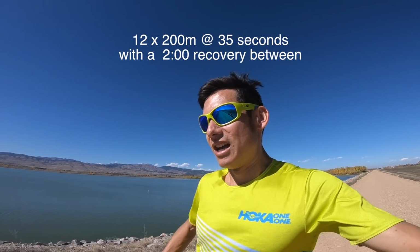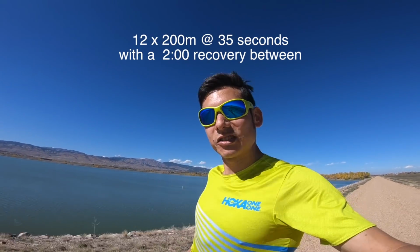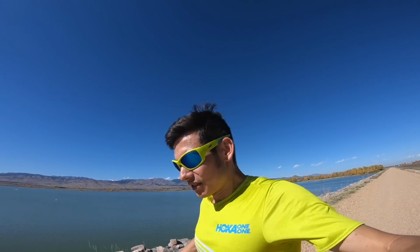Make sure you're not running with bad form. You got to run with good form in these. These aren't killer workouts, so you get the leg speed up faster than goal race pace for the mile. You do that once a week. You're doing a tempo run once a week. Then maybe 3 or 4 weeks down the line, you start moving up, or on alternating weeks I should say,